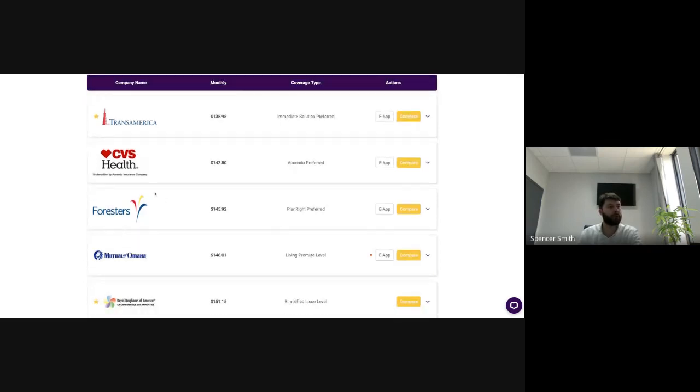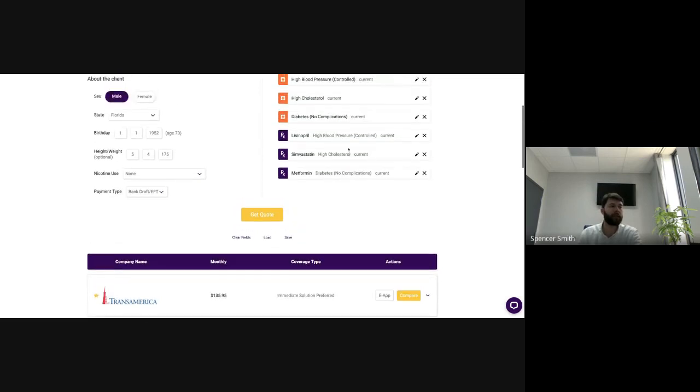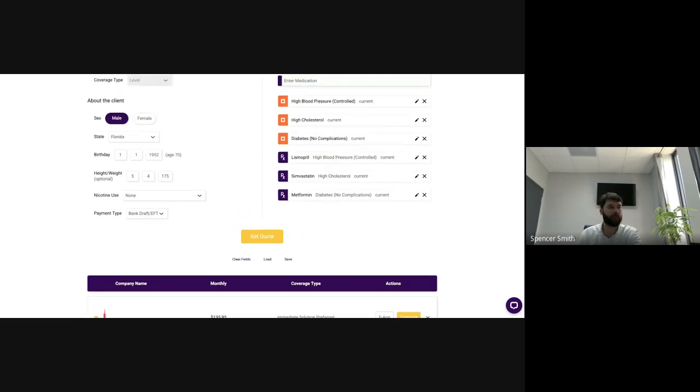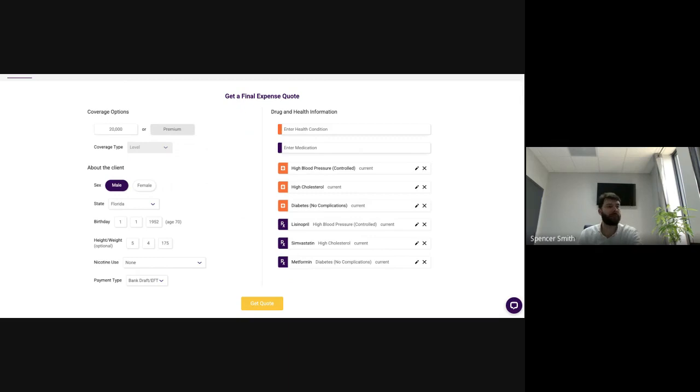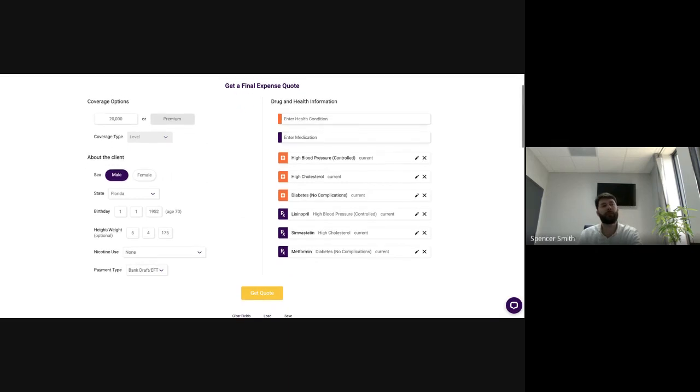The other thing too is, you might offer this product. Maybe there's something that this client doesn't tell you. You asked them what their pre-existing conditions were. You asked them what medications, and they failed to volunteer some information to you. You'll find that to be the case. Sadly, not everyone's going to be completely honest with you about their medical history, and realistically, it's not helping them because the underwriters are going to check their